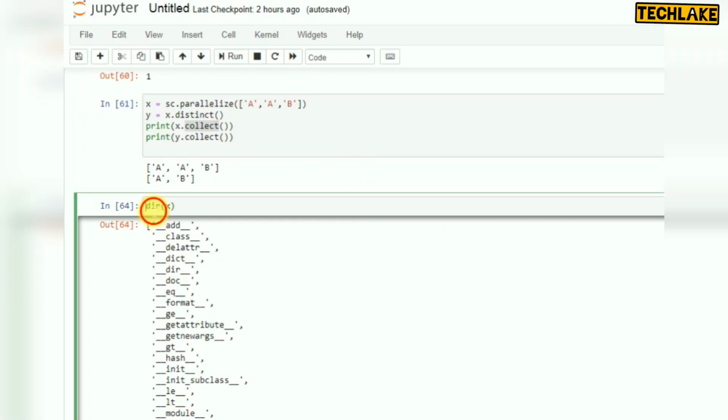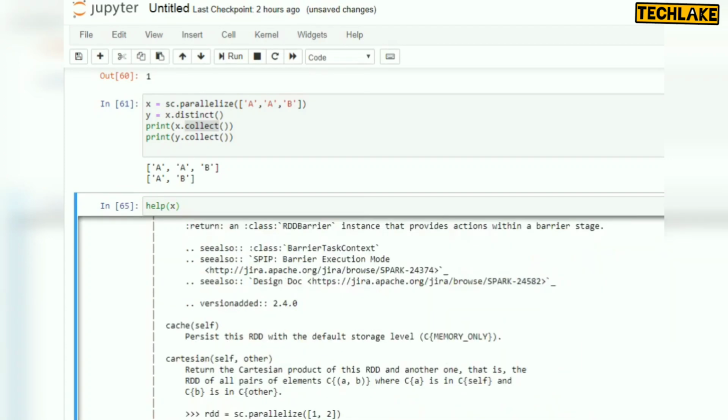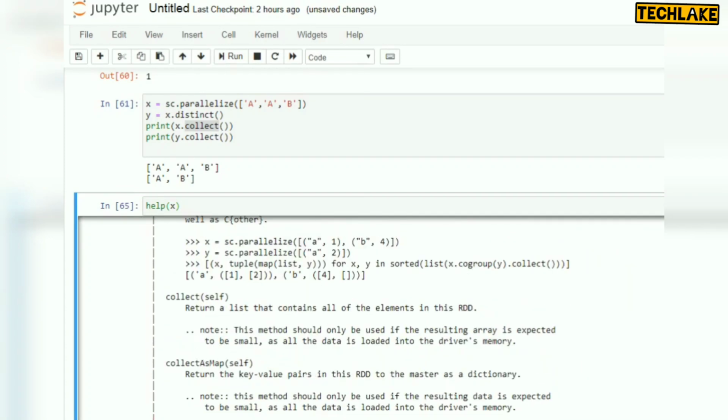One is dir, which will give all the methods for your RDD or your data frame, whatever it is. Another one is help. Help will give you all the methods with syntax and examples. If you look here, there are many things. See, collect: it gives complete information with examples.